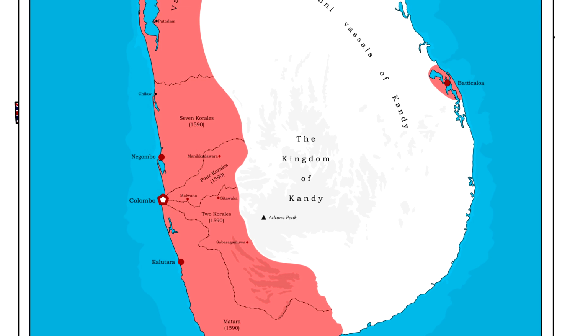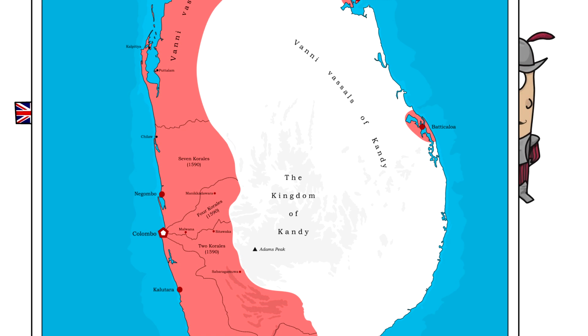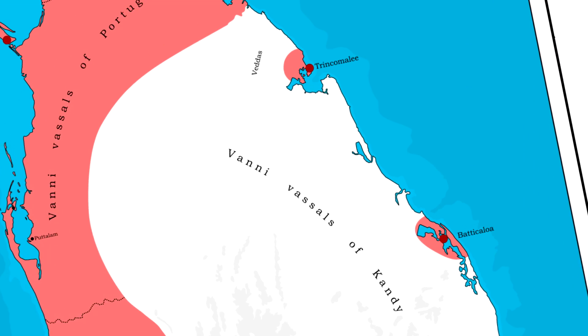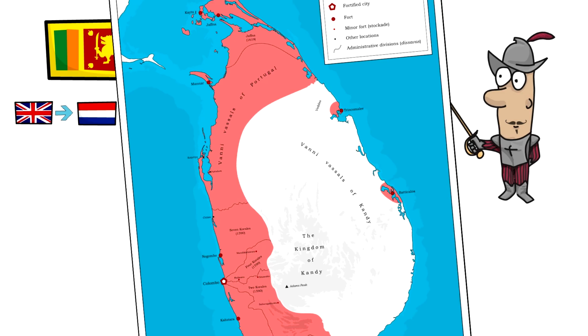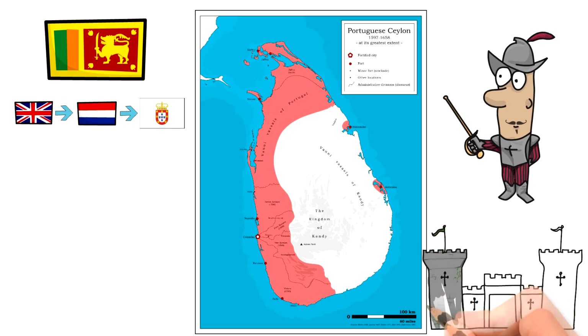We should also pay attention to the fact that the biggest local kingdom, the kingdom of Kandy, also didn't control the rest of the island entirely, and in the east there were vassal states of them as well. Although apparently the Portuguese were able to make 2 incursions and rule a little bit of land in the east through these 2 forts. Portuguese colonialism is interesting because in its early stages at least, it worked very much on